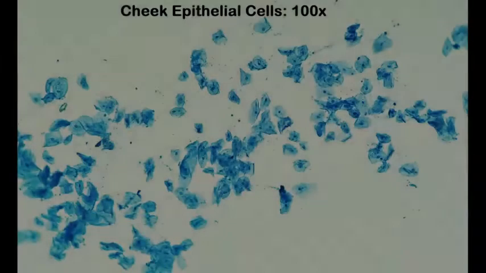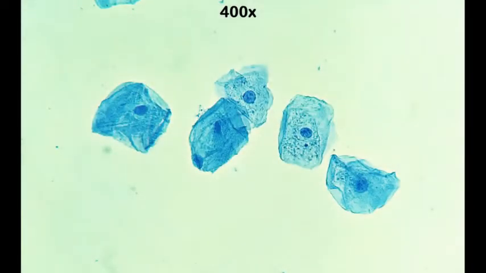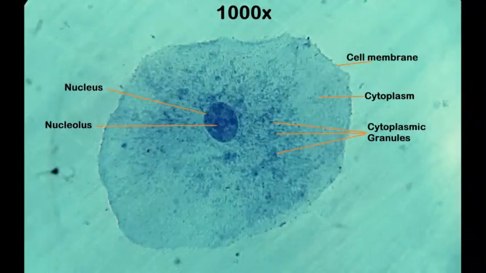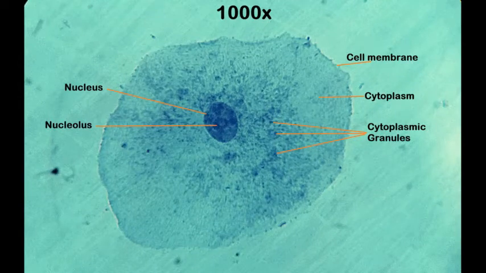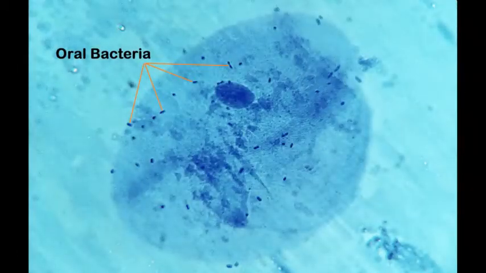Human cheek epithelial cells are a fine example of eukaryotic animal cell. The cheek epithelial cells, like most animal cells, are irregular in shape and structural outline. They are composed of a thin cell membrane that encloses a cytoplasm along with a large, centrally located, oval-shaped nucleus. The cell organelles are embedded within the cytoplasm. The cytoplasm also contains numerous cytoplasmic granules. You may also be able to observe deeply stained dots on the surface of the cheek cells. These are bacterial cells of the oral cavity.